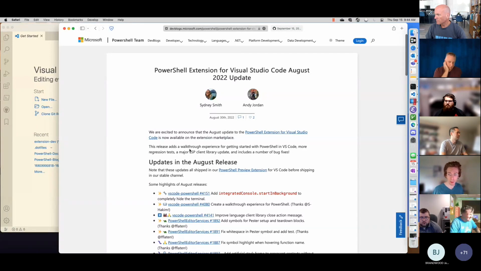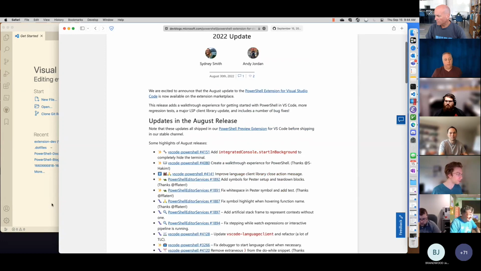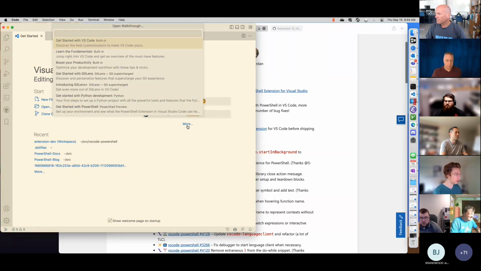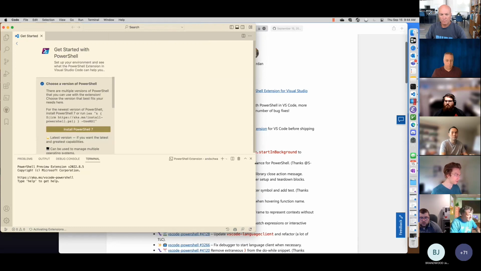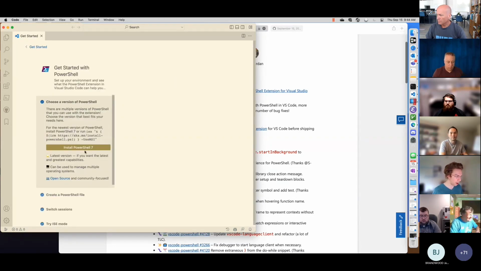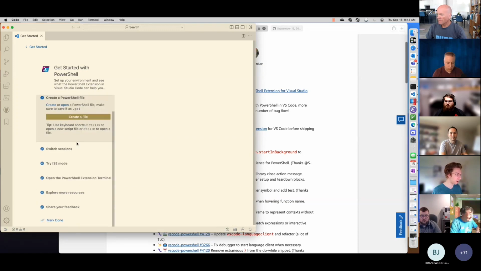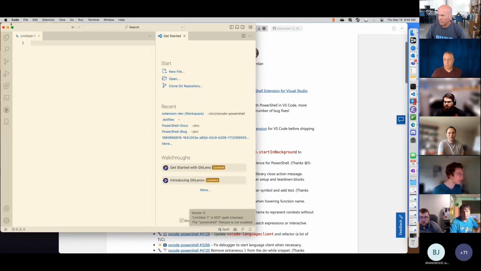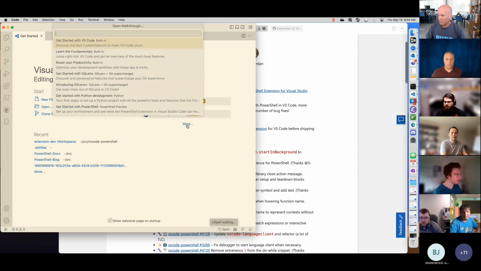This stable release actually included our intern project, which is this new walkthrough that's available. They worked with a lot of the community to do surveys and gather customer feedback and figure out how to make a walkthrough that is useful. So now if you have VS Code and you install the PowerShell extension, you can open up this walkthrough that will step you through installing PowerShell 7, how to choose the new version of PowerShell, how to create a PowerShell file with nice little buttons that opens up a nice new PowerShell file, and how to switch the sessions over there. That's a new feature you can check out.